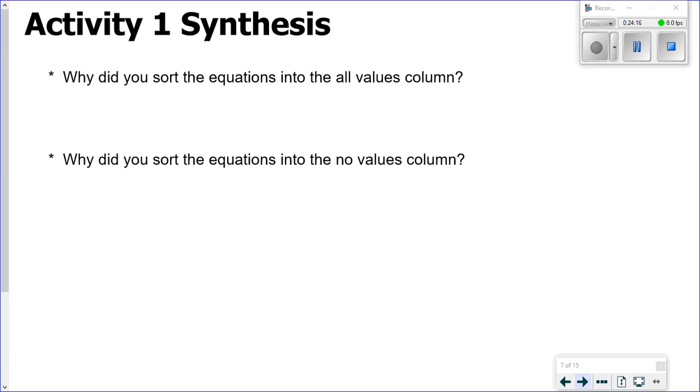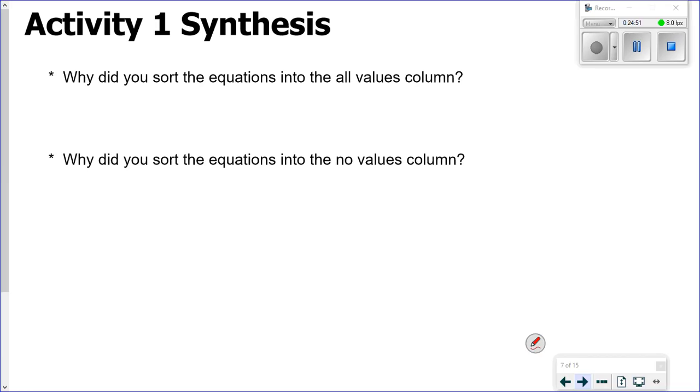Let's think about a few questions after completing this activity. Why did you sort the equations in the all values column? At this time, if you could please write your thoughts down to these 2 questions at the bottom of page 32 where there's a little bit of workspace down there. So why did we sort the equations into the all values column? Well, hopefully what you realized is that both sides of the equations were always balanced or equivalent. Since that was the case, we knew that any number would work